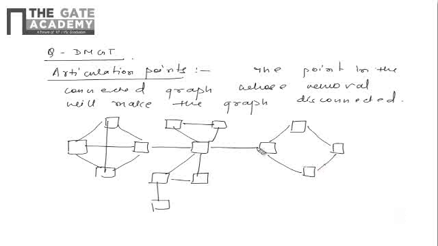So we can find out the articulation points. Wait, I will mark with some other color. See, these are three graphs. This is one graph. So three graphs are connected by these 3 points, 1, 2 and 3. If you remove this point and this point, these graphs will become disconnected. So 3 here itself. Now you can do one more thing. For this particular graph, if you remove this point, then this edge will go, and as this edge goes, this point also will go, so this will also make the graph disconnected. So there are 4 articulation points.